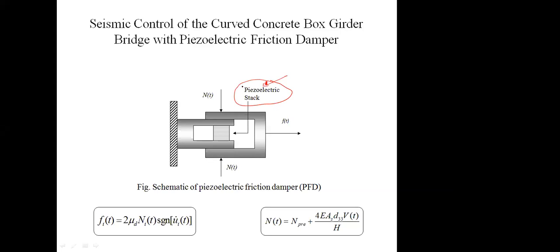Okay, so what we have utilized here is that we are placing the piezoelectric stack, as shown in the figure, in the friction damper. In between, we are applying an electric current in this damper, and due to that electricity it changes its size. It will swell or shrink, and automatically the normal force between these two surfaces changes. As the normal force increases, the friction force also increases, and that will give the required force to damp the forces acting between the two stories.